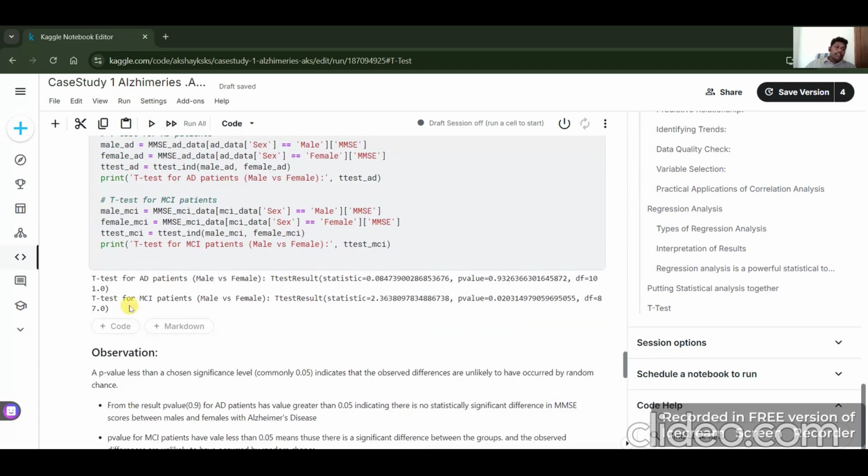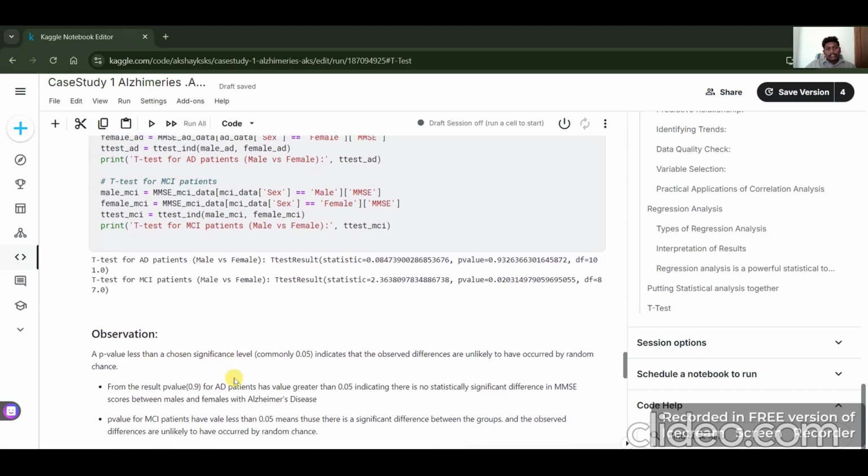After the t-test, we get the results: for Alzheimer's patients, the t-value is 0.847 and the p-value is 0.932. For MCI patients, the t-value is 2.363 and the p-value is